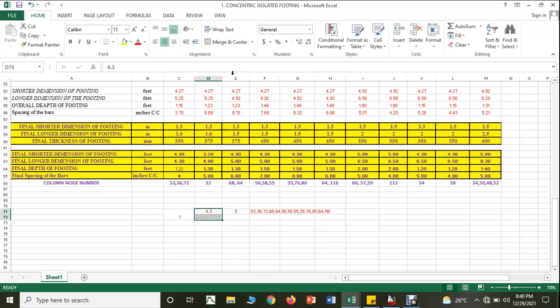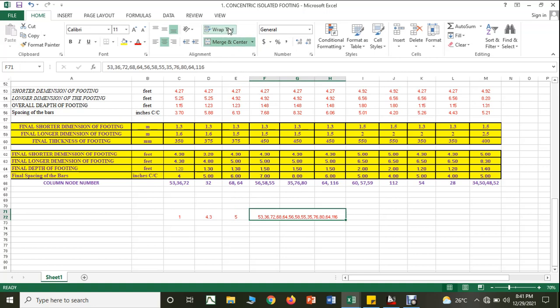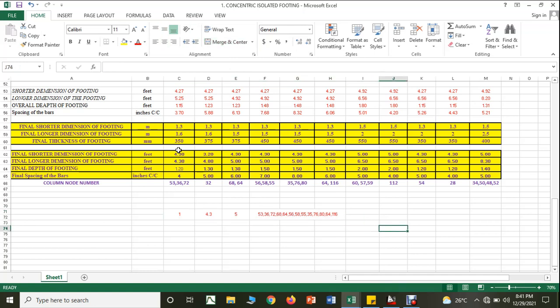Yes, so this is my first set, okay. These are my columns, right. This is my first set of columns. So therefore what I can do is take these two, these two, these two, these two, and these two. So that is my first set of columns, and you see the thickness, it is